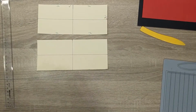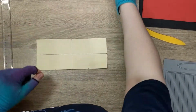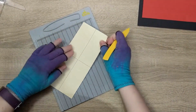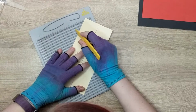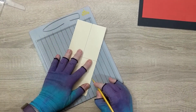So now what we're going to do, we're going to join these notches up. So using my scoreboard, I'm going to put this on an angle. Okay, and I'm going to go from this point here, hold on, where's 4 inches? Yeah, so I'm going to put this here,